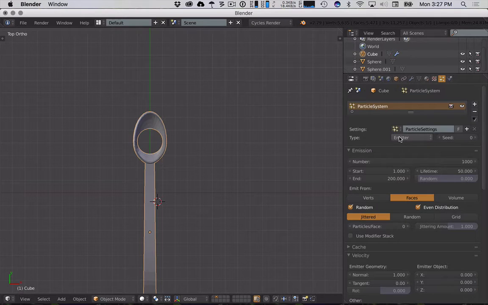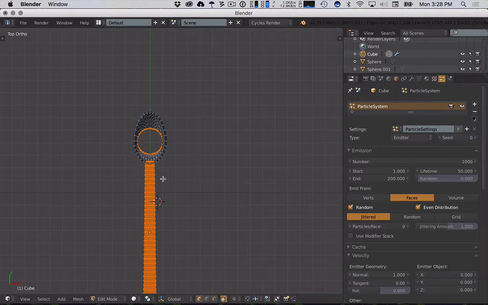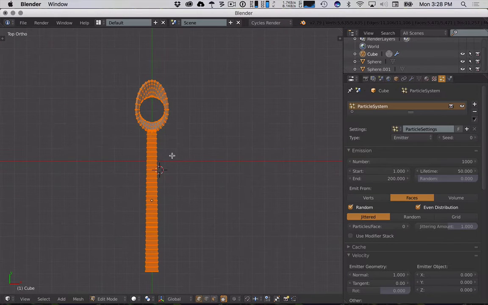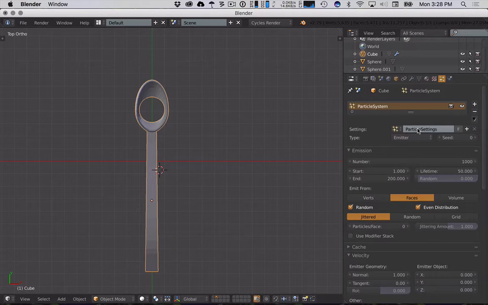Okay. There's lots of different types of particle systems. There's an emitter, which shoots out sparks and different types of particles. So you do that for embers and smoke or any other things that you want. And then there's a hair particle system, and this shoots out strings, and then the strings render as hair. Okay. If I do it to the whole thing though, it's going to shoot them out from every face. You can set it to be faces or vertices or just the volume. I don't necessarily want it to be every face, like maybe in this instance I just want it to be the handle. So in that case, well, let's set up the particle system first, and then